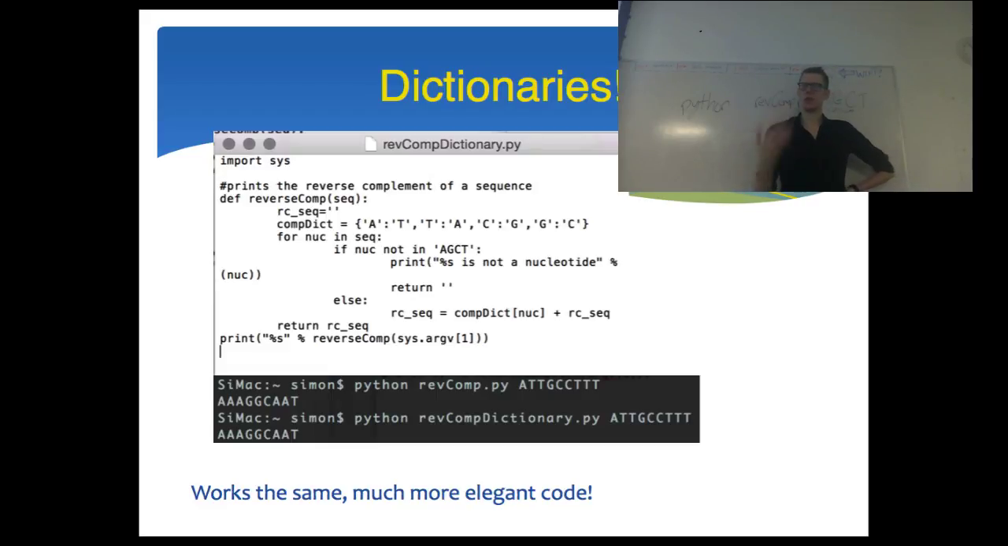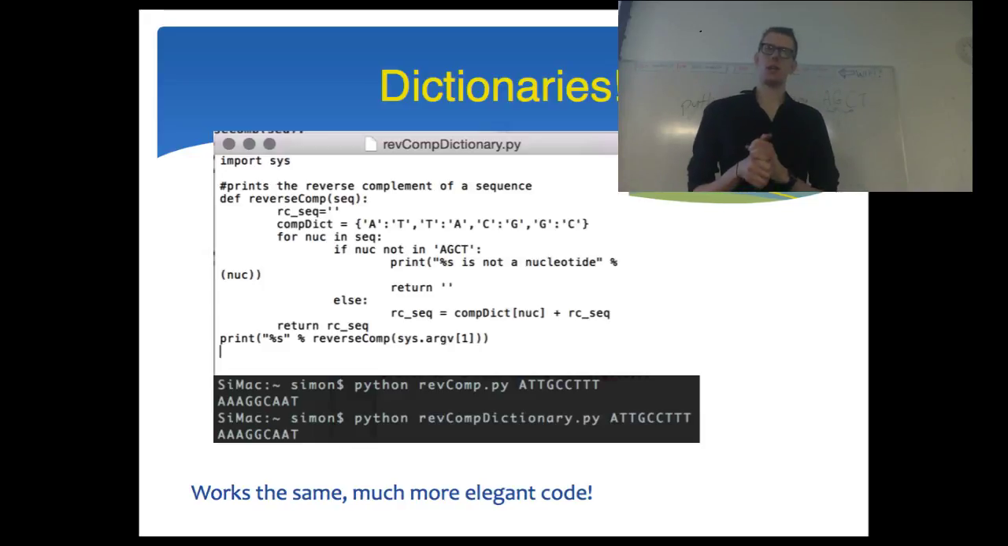If you want to change the way this code works, if you want to add some degenerate bases or whatever you want to do, it's much easier when you have this complement dictionary where you can make changes. So just to recap, what this does is it goes through every nucleotide in our input sequence. It checks whether it's in AGCT. If it is in AGCT, it's going to look up the value associated with the key in the complement dictionary and prepend that